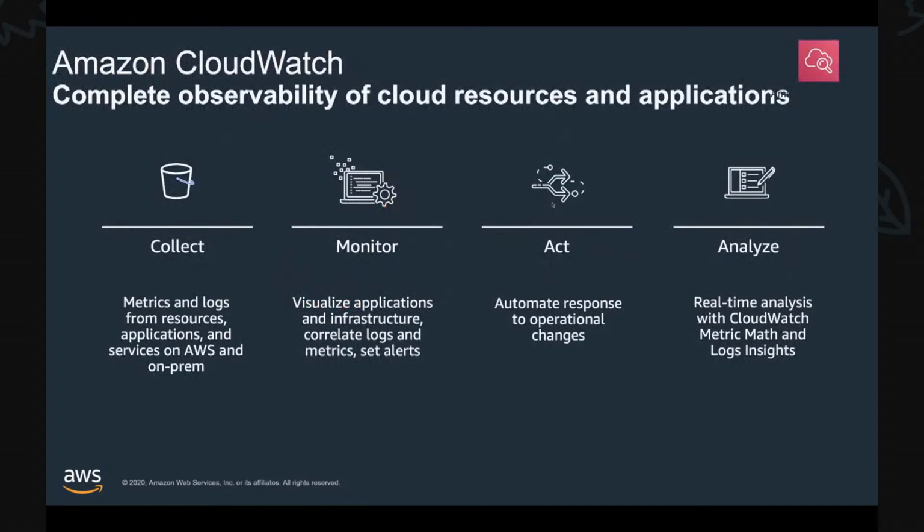That's the point. So Amazon CloudWatch is the core of our observability solution, right? It collects monitoring and operational data in the form of logs, metrics, and events, and you can also visualize these using dashboards, so you can get a unified view of your AWS resources, or also on-premises systems, because you can also push logs and metrics to CloudWatch. You can correlate your metrics and logs to better understand the health and performance of your resources. You can also create alarms based on metric thresholds.